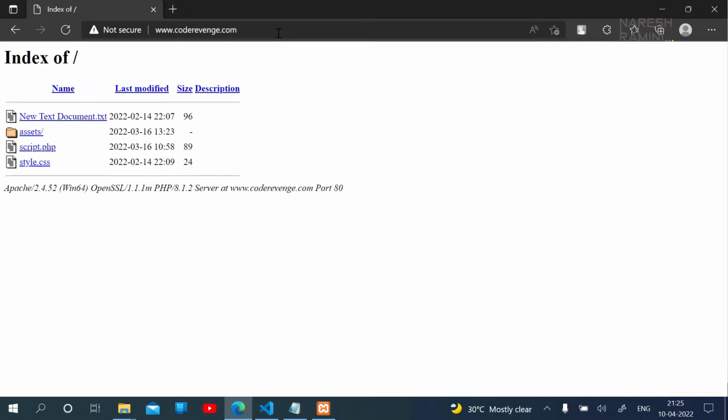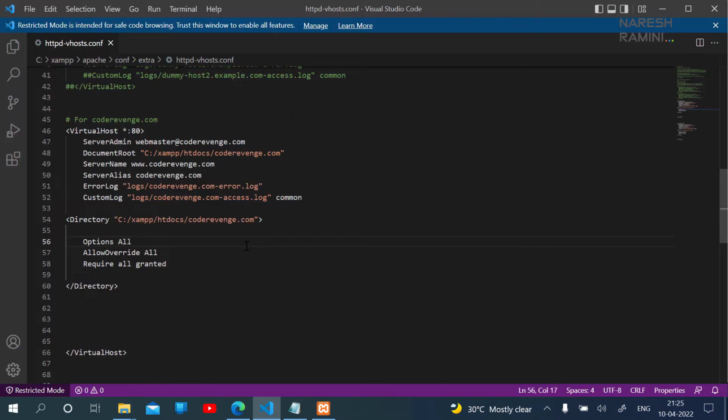You can see the directory listing. It listed all the files and directories that's inside document root of coderevenge.com. This is not what we want to happen. That's the reason we have disabled indexes option for our virtualhost configurations. Because this is not what we want to happen, let's disable indexes option again. Just put back minus indexes again and save the file